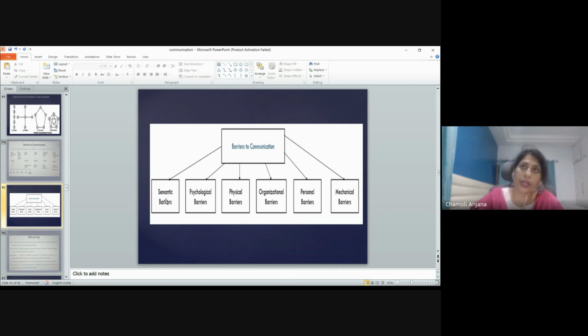If it comes to the organization, then the organization should regularly organize meetings to disseminate the information, should follow transparency in communication, should allow regular meetings with the employees, should allow feedback, and should have an open door policy where the employees are allowed to give feedback or suggestions to the management. So these kinds of things help to overcome the barriers to communication.